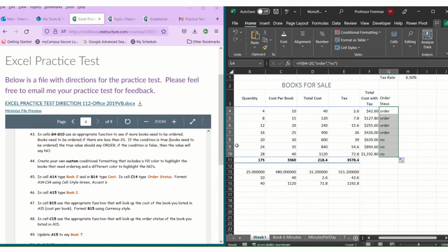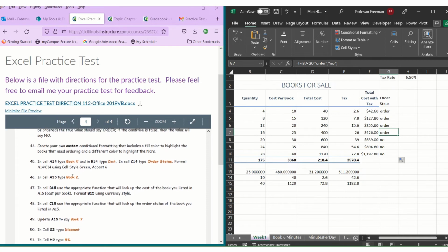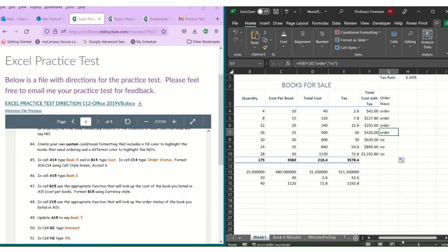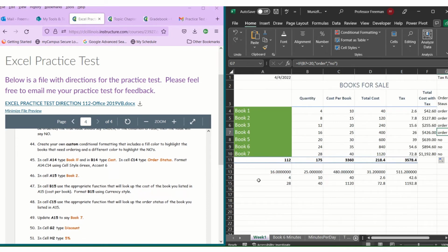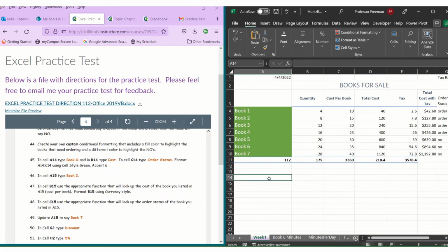Create your own custom conditional formatting. I think you know how to do that. If you don't, send me an email and we can review the conditional formatting. In cell A14, so I think we needed to get rid of this stuff here. Book number, cost, order status,